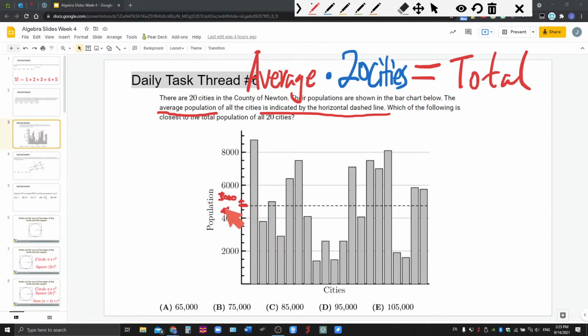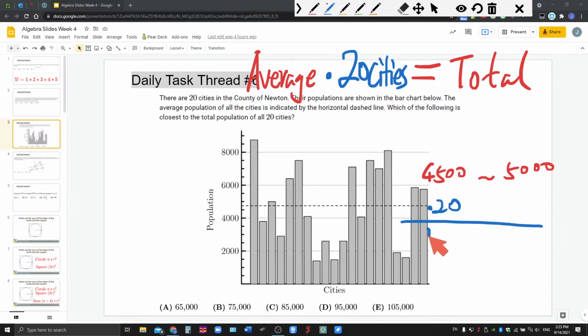And to be exact, there's 4,500. So this average should be between 4,500 and 5,000. This is what we can get from the graph. Okay, so it's roughly about this much. Then if we multiply by 20, how much can we get? Now if we can read the average between this, if you multiply by 20,